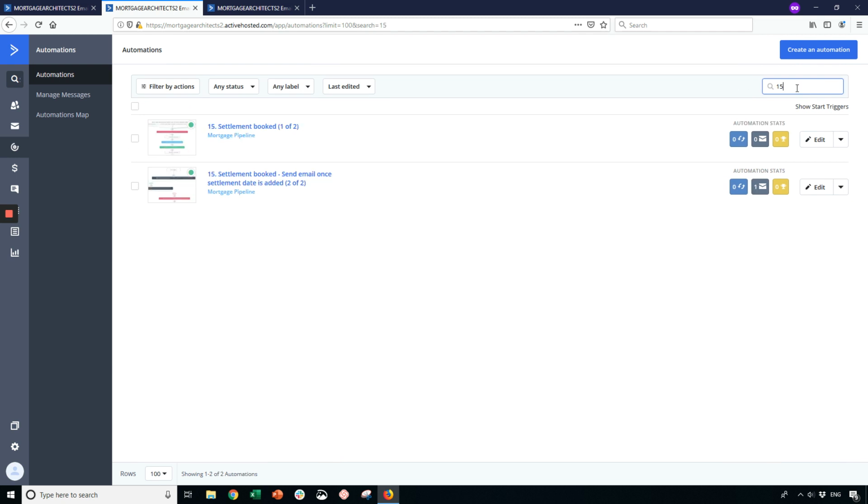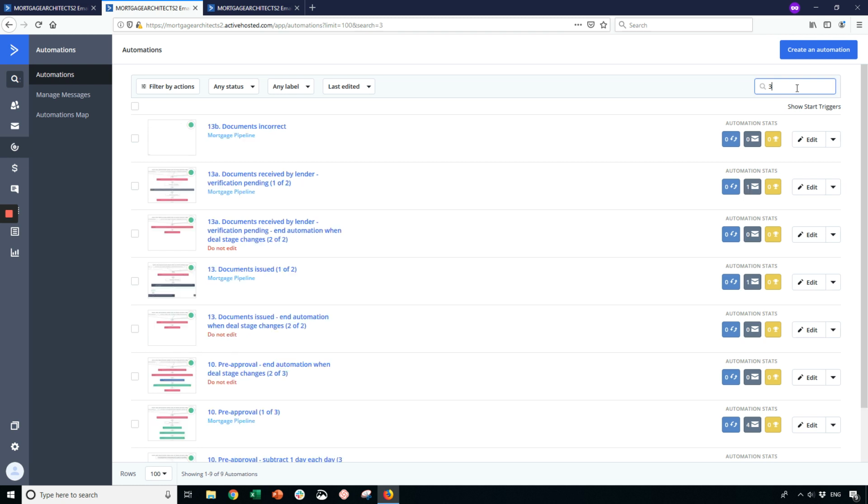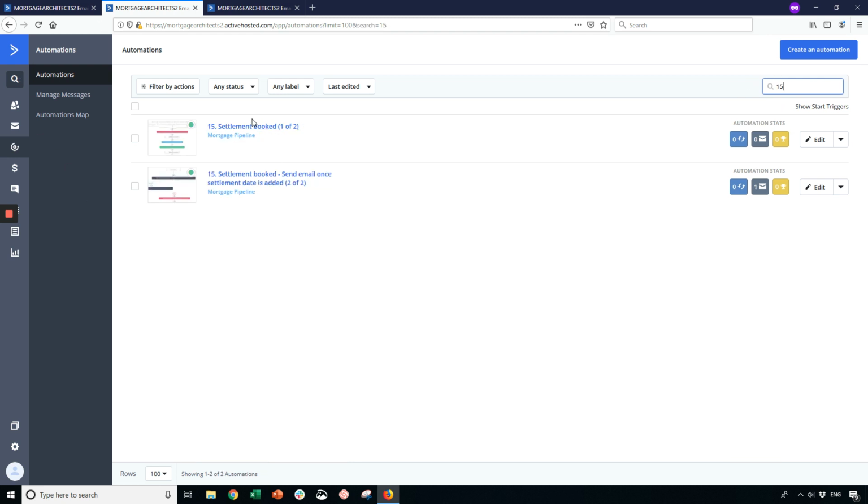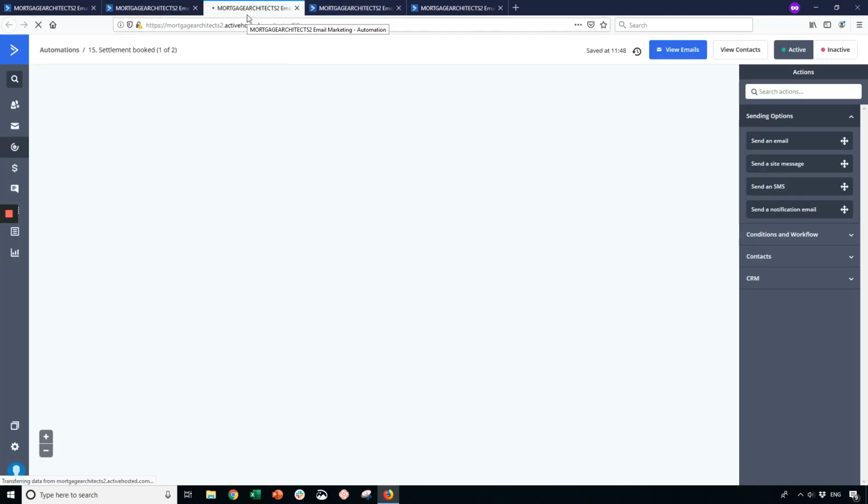So if you say, okay, the settlement booked automation isn't working for me, I'm going to just type in 15 or 3, whatever you want to type in. Find all the automations related to that stage, and I'm just going to go back to 15 just as an example, and open them all up, and first of all have a look and just understand what's actually happening at